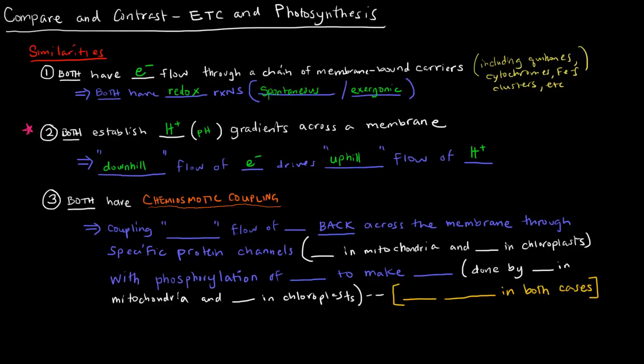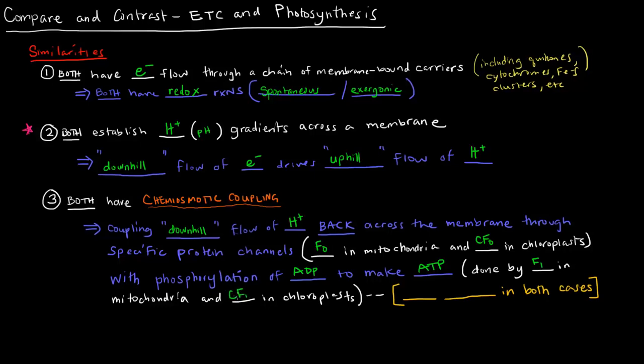Once both of them have these established proton gradients, they both couple the downhill flow of protons back across the membrane through specific protein channels. In the mitochondria, that protein channel is the F0 subunit, and in chloroplasts it's the CF0 subunit. And then with phosphorylation of ADP to make ATP, which is done by the F1 subunit in mitochondria and the